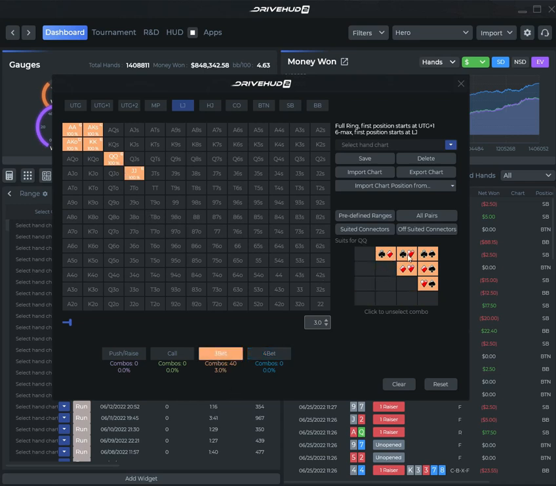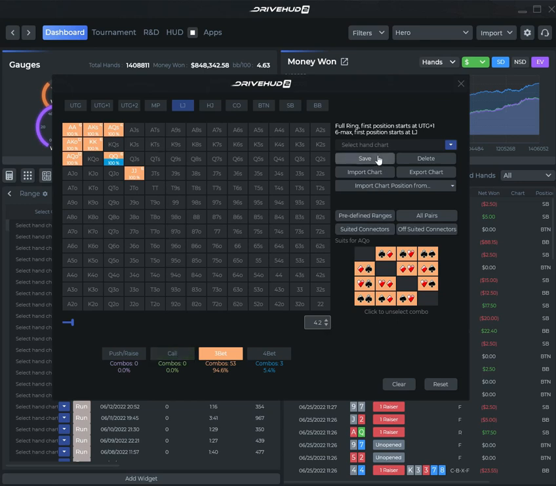I'll see a bunch of combos here on the right. If I want to do 4-bet 50% of the time, I would just highlight the 4-bet and take half of these combos, so you'll see it reflect here. Half of the time I'm 3-betting queens, half the time I'm 4-betting. And I can continue and do that with the rest of the hands that I want to